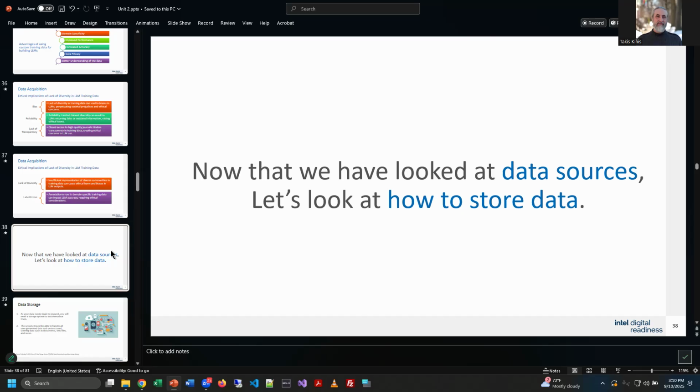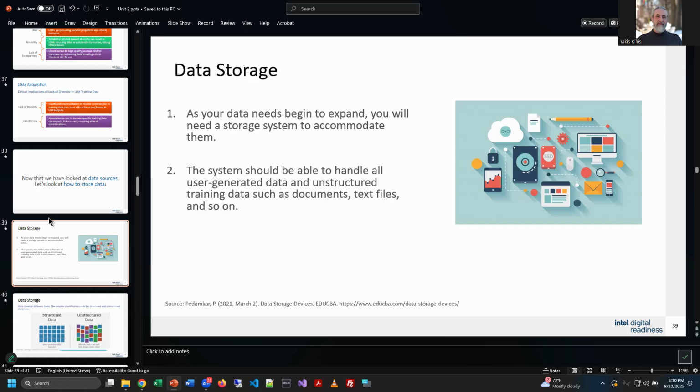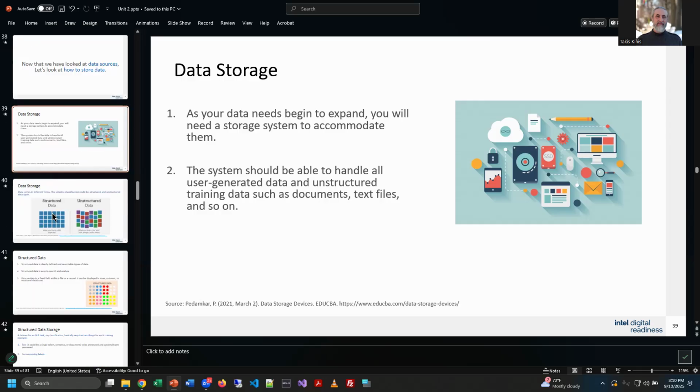All right, we've looked at a bunch of different data sources, how to work with all that, and the ones that you can get out there publicly for free and that you have to pay for some. But whenever you're dealing with large data sets and data sources, you've got to have somewhere to put this data, and we need to store it basically. It says here, as your data begins to expand, you'll need a storage system to accommodate it, right?